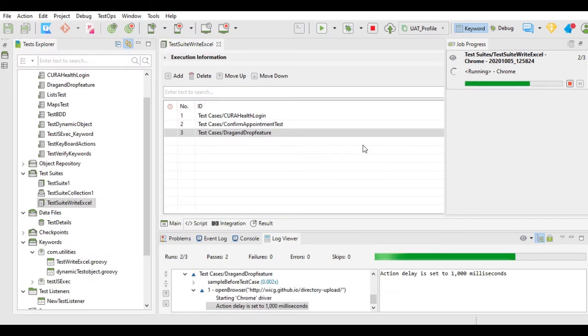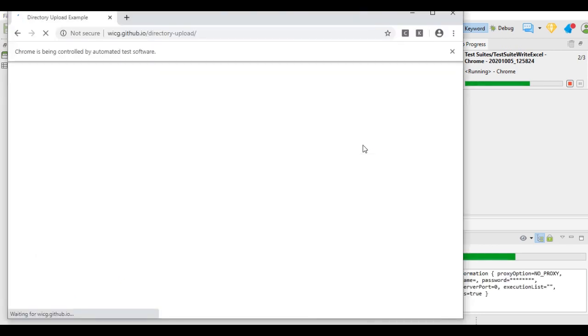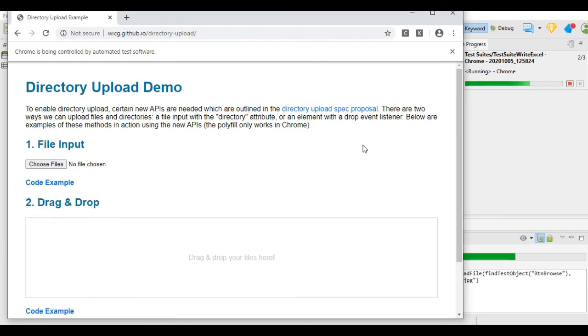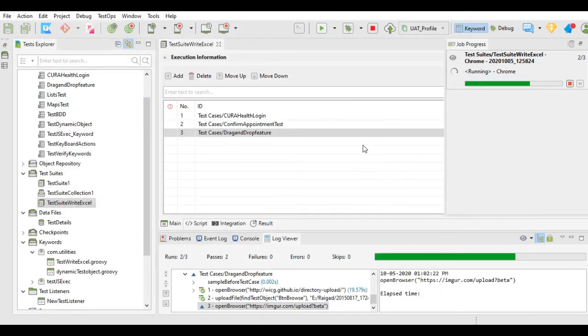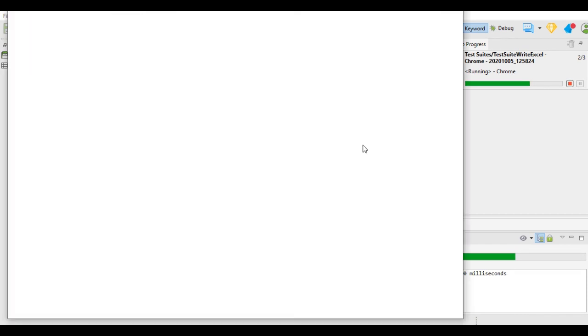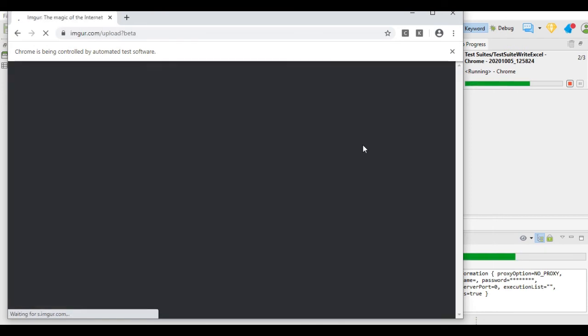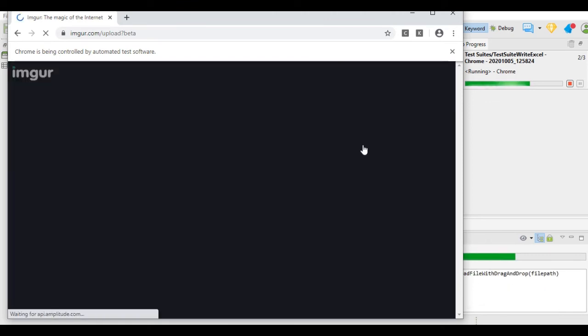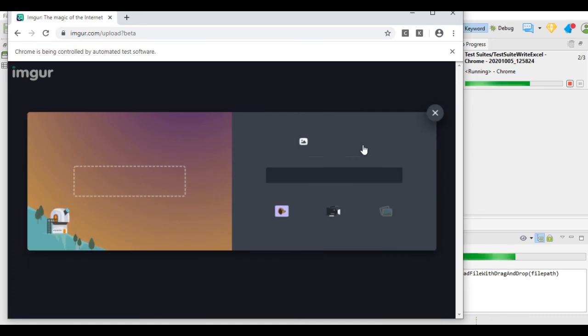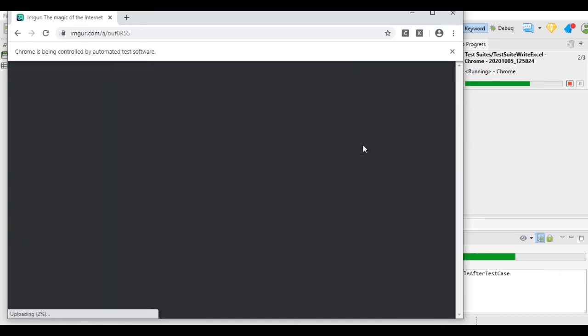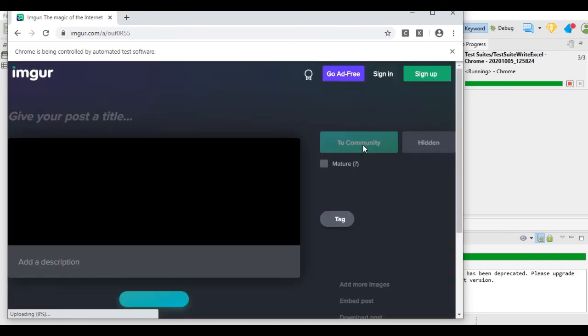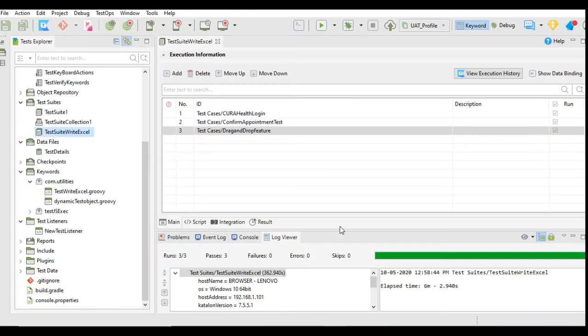It has executed the second test case and now it will execute the third test case. Now, this test suite execution has been finished.